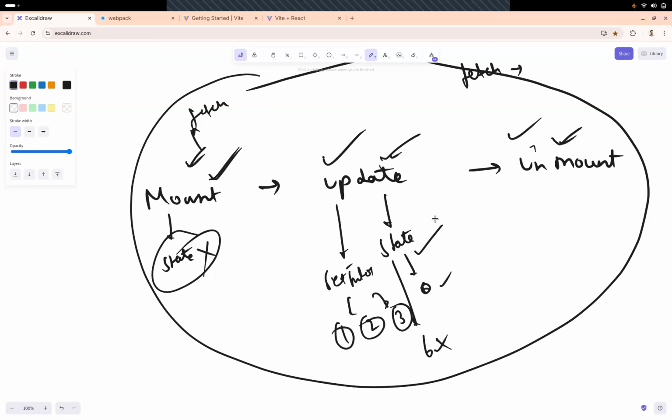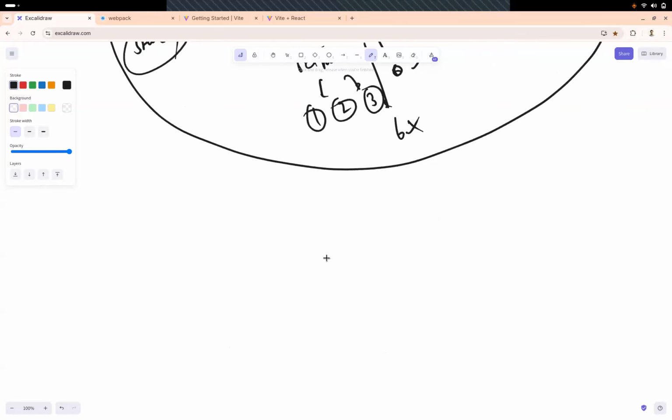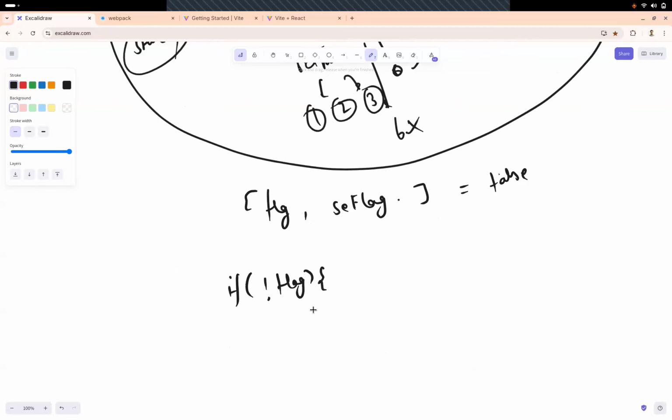Because we did a fix on Saturday's PSC. We applied a small fix where we created a state. What did we name that state? I don't exactly remember. We set it to false, and I think we called it flag and setFlag, right? And once we fetched the data, by default this flag was false, so this condition was going to be true. We are going to fetch the data, but after that we were setting the flag to true.